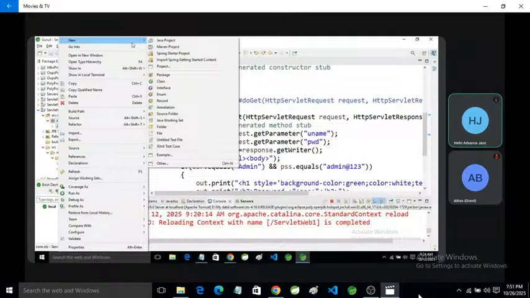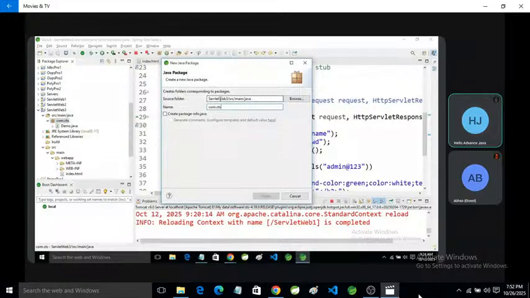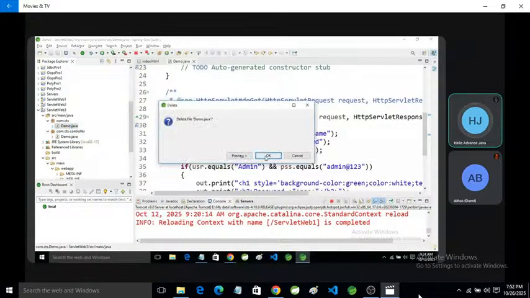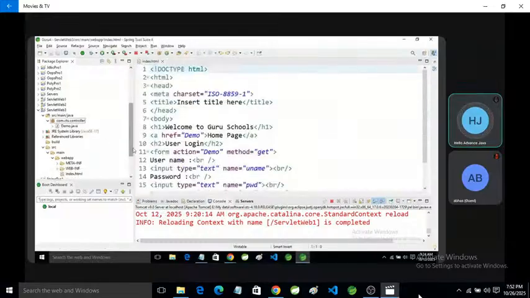The package name I'm going to change to controller, and we are going to use the same servlet as a controller. And now I'm going to delete this. Okay, this is a controller.